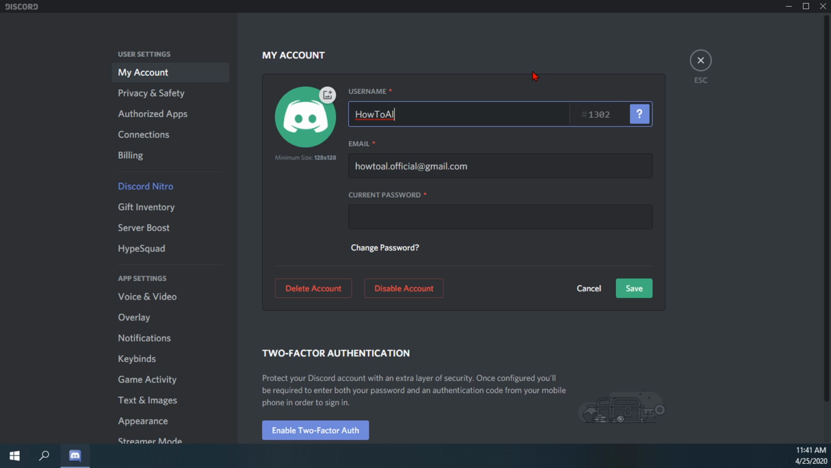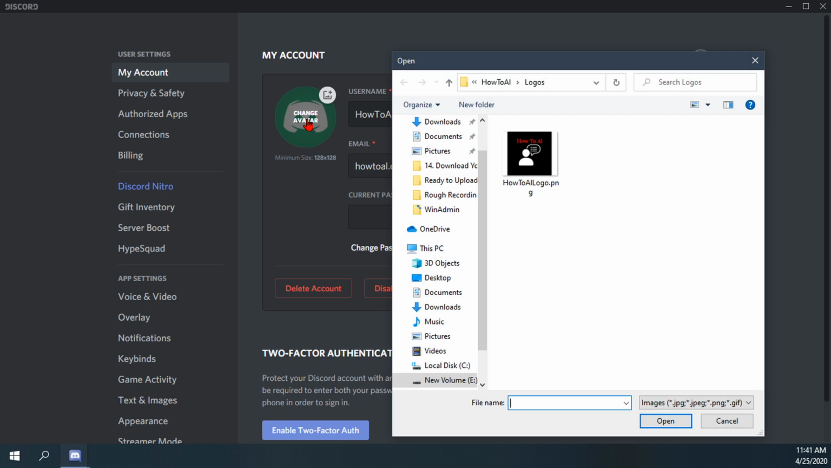And then from here, it'll open up your settings to edit your account. So you can change your username, email, current password. But the one thing we're looking for is to change our avatar or profile picture. So go ahead and click on that. And then if you already have your profile picture that you know that you're going to be using, go ahead